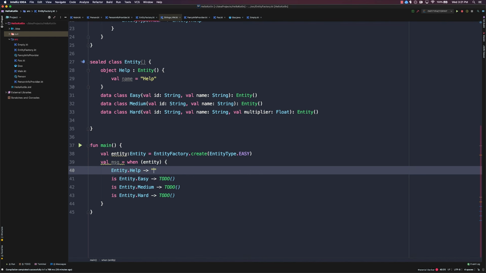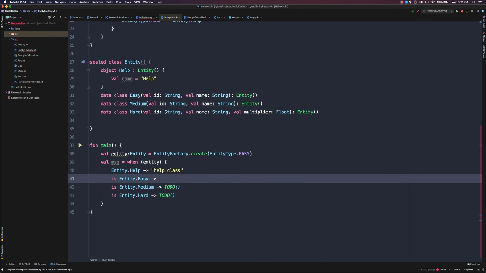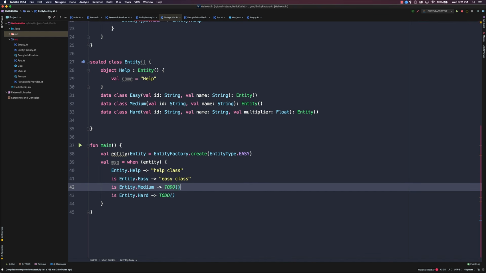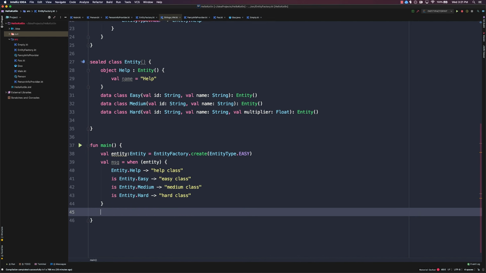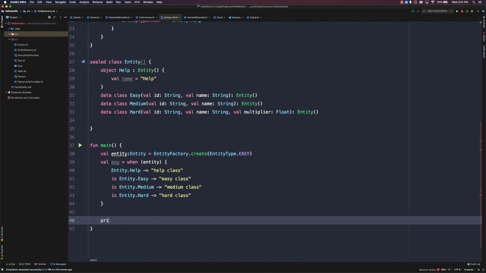And so now here, we could add whatever message we wanted. So we could say help class, easy class, medium class, and hard class. And then if we simply print that message out and run the code,